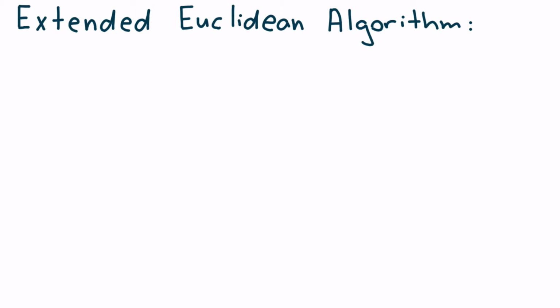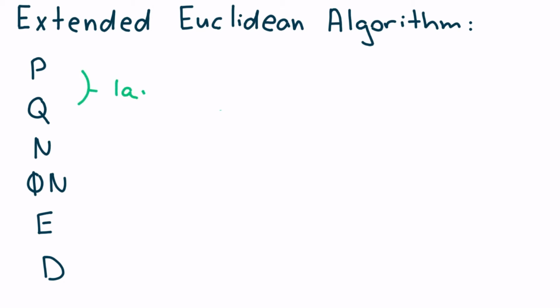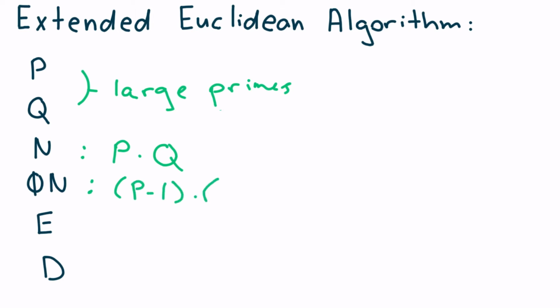other videos, you know is the process by which a key generator generates the values of P, Q, N, phi of N, E, and D. The key generator will first generate two very large prime number values for P and Q, then generate their product N, generate the phi of N, which is equivalent to P minus 1 times Q minus 1,